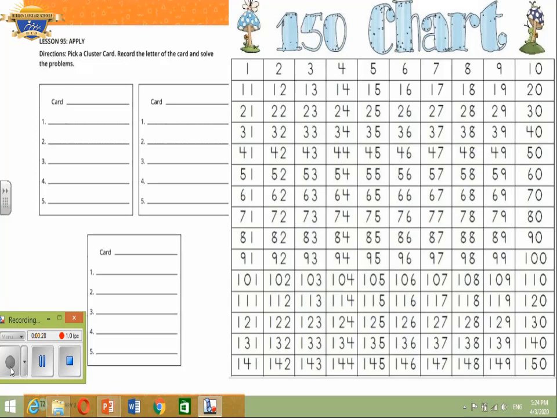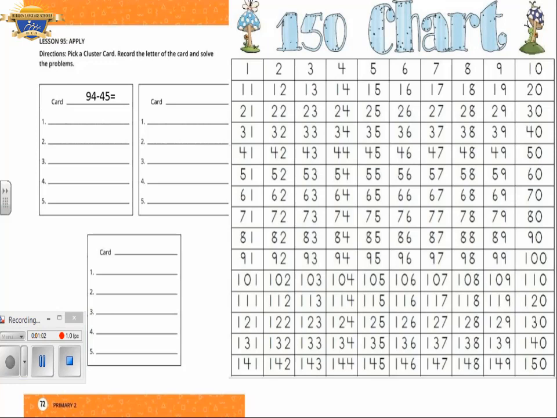These cluster problems are related to each other, and each problem is like a key that unlocks the solutions to the other problems. Open your book, page 72, lesson 95. Apply directions. Pick a cluster card, record the letter of the card, and solve the problems. Our first card will be